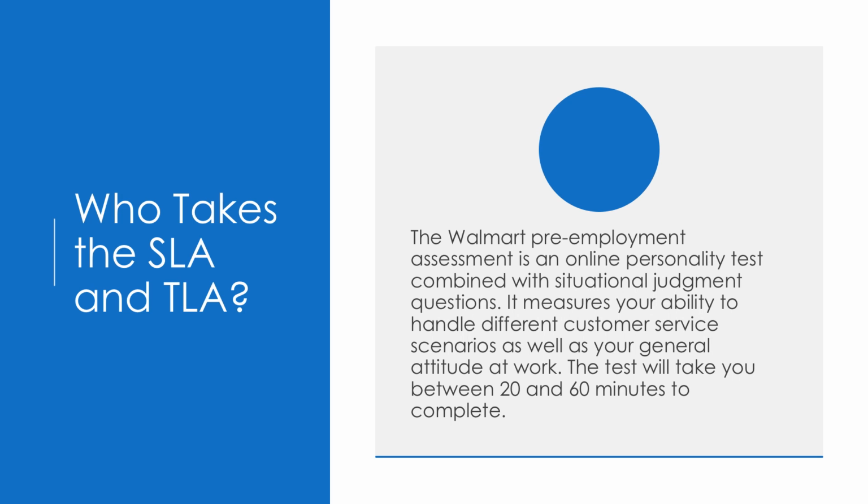So first of all, who takes the SLA and the TLA? Now, these are pre-employment assessments. If you're applying for a managerial position at Walmart, before they actually get you into the overall interview process, into the interview loop, they want to make sure that you're well prepared for the upcoming job, and you can handle these managerial and situational leadership questions appropriately. So it's really all about doing a pre-employment assessment with you before they invite you into the official interview process. It measures your ability to handle different customer service scenarios, as well as your general